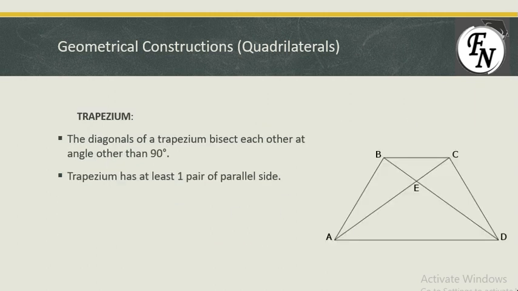When we move to the trapezium, a trapezium is a four-sided figure with very different distinct properties. It has the property that AD and BC, the opposite two sides, are parallel but not equal. No side of a trapezium is equal and none is making a 90 degree angle. When we talk about any shape that has one pair of parallel sides, then it will be known as a trapezium.